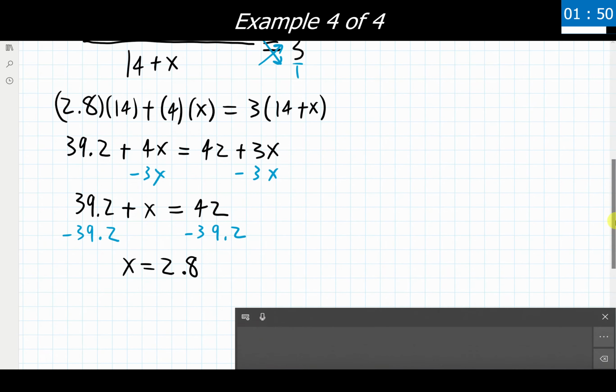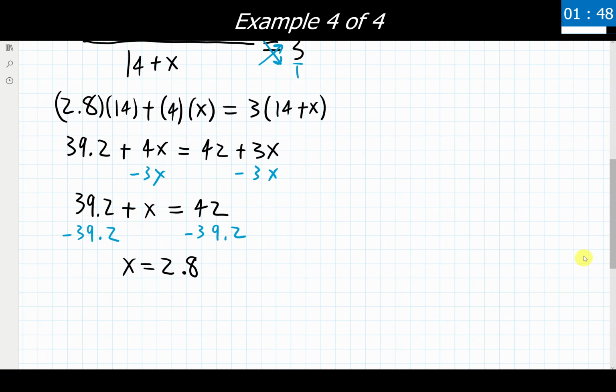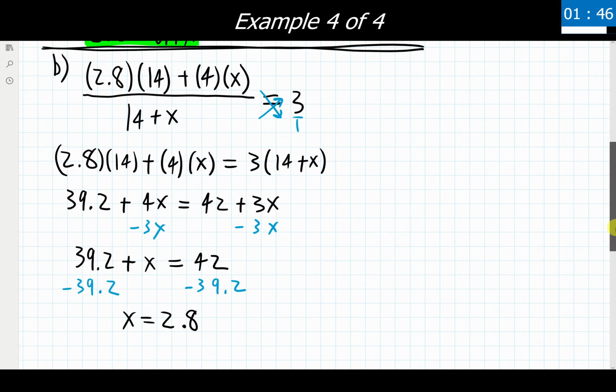And we get to our final answer here of 2.8 credits. Now, as a warning to everyone who's watching this, this is something that a lot of these problems do that kind of makes them a bit tricky. If we are looking for the pure mathematical answer, it's going to be 2.8.